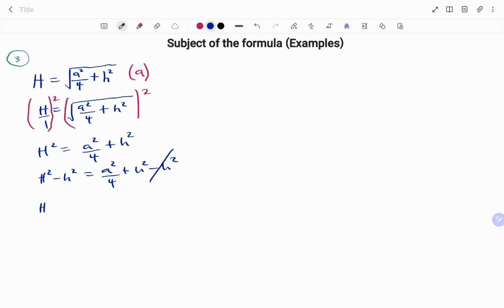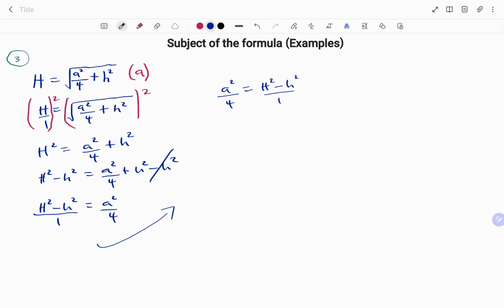I'm left with H squared minus h squared equals a squared over 4. All this I can place over 1. I can also swap my equation around. I'm going to continue on this side to have a squared over 4 equals H squared minus small h squared